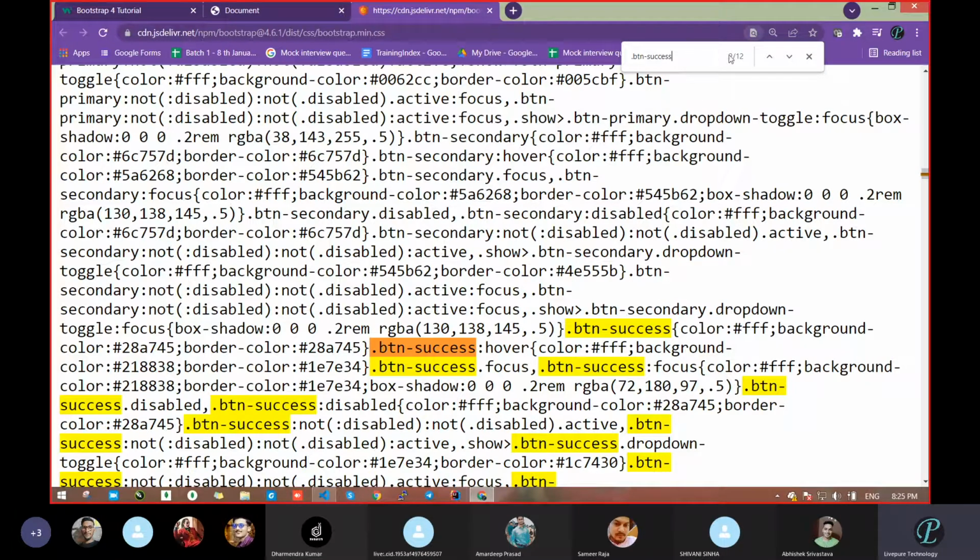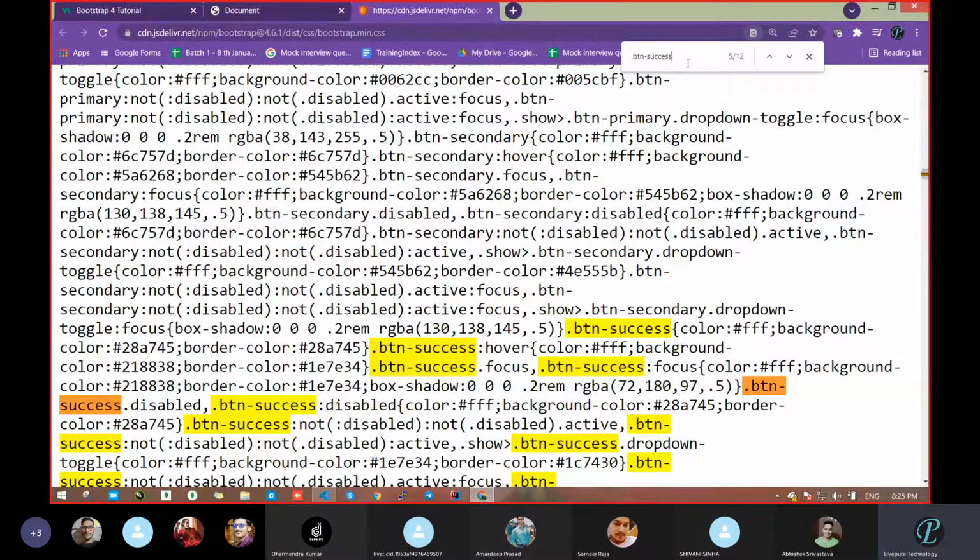Wait one second. Total search is how many? 2 by 12. Now it's showing the second one. Here, what are you getting? 2 by 12. Means total is 12. You found a total of 12, and out of 12, now you are at the second one. If you click this, now you came to the third search.